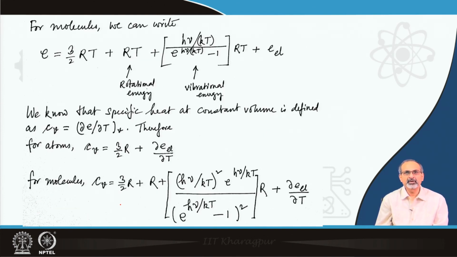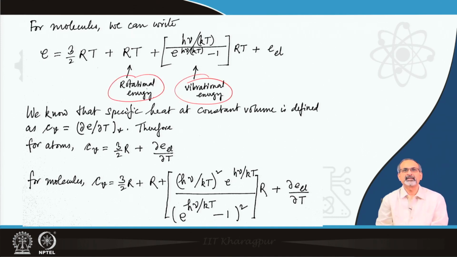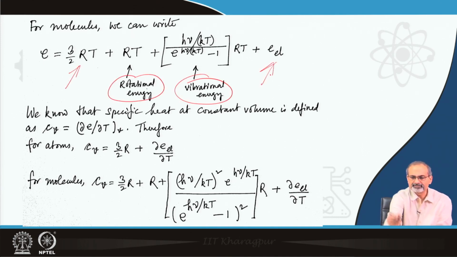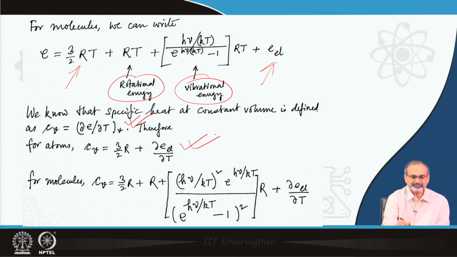For molecules, remember, we have additional energy modes which can be excited compared to atoms. For atoms, it is only these two. So, we plug in the rotational and vibrational energy terms as well, and we know that specific heat at constant volume is defined by an expression like this. Therefore, for atoms, the CV will come out to be 3 by 2 R plus the